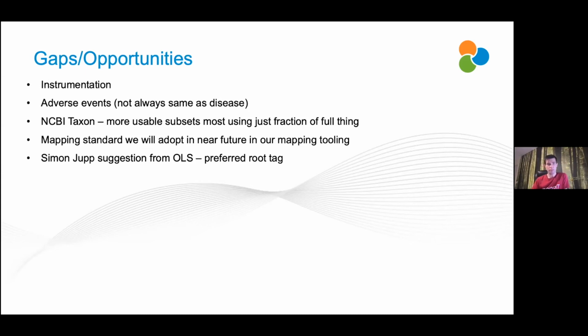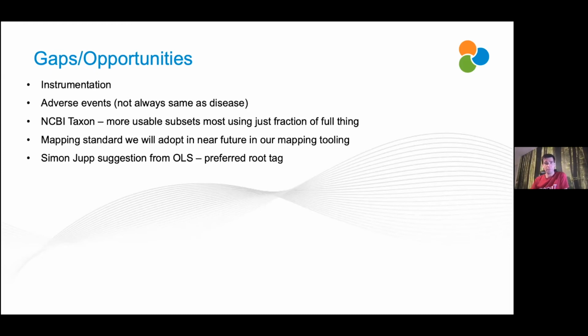Adverse event is quite an interesting, complicated one. It's something we apply machine learning to quite a bit because it's quite a hard problem. Obviously it's not always the same as a disease or an indication. The context is important. So there's probably scope there to think about what an adverse event ontology would look like. I think there's been some work done on this, and I'm sure there was an AEO at some point as well. But my message there is that drug safety and reporting is one of the most common use cases I get asked about. It's really high up on most of the industry's wish list to address adverse event problems. So that's a big one, I think.